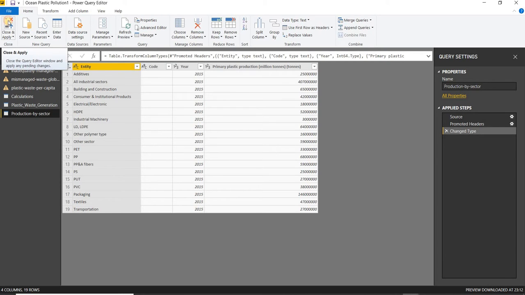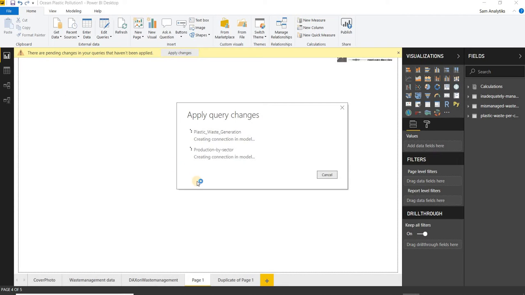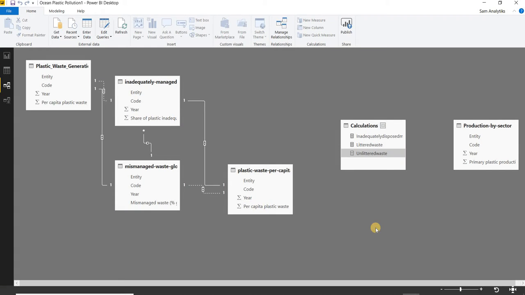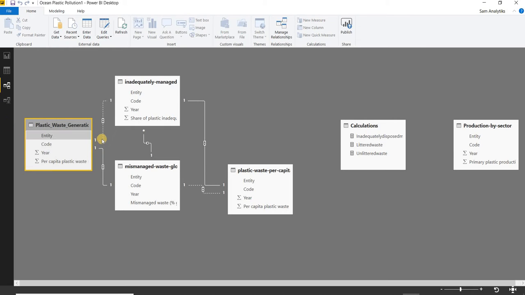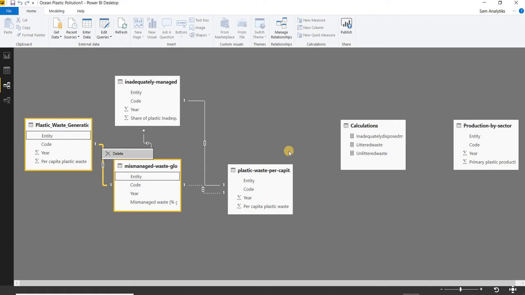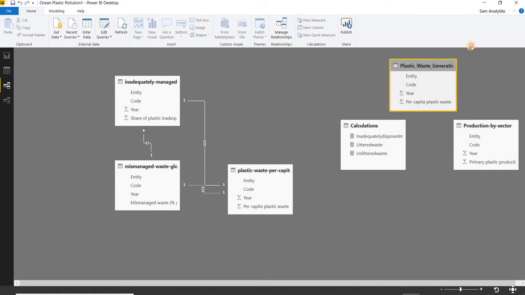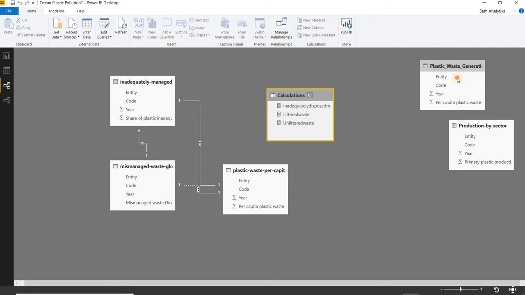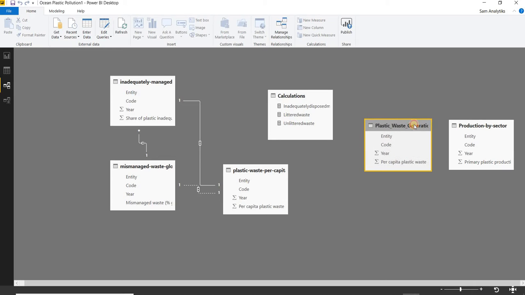Once I close and apply, I can see that this query changes here, but it all begins with the relationships. Now, as I have taken it, the plastic waste generation gets automatically added to these previous data sets, which I do not want. So I have to simply cancel it, take the plastic waste generation here, and take these two tables side by side to make a relationship between them.